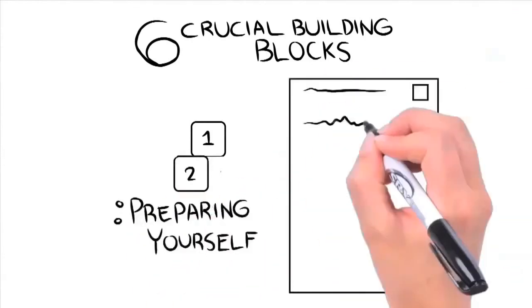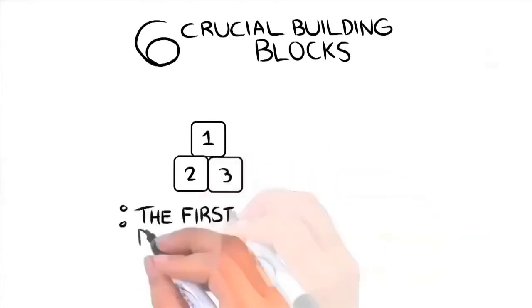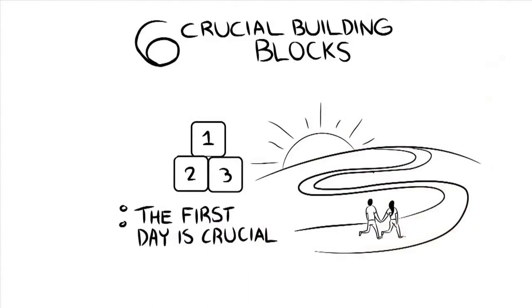Building block number 2 shows exactly everything you need to prepare for well in advance of actually starting the potty training process. Many parents move forward with potty training almost immediately and do so completely unprepared. After you read this chapter, you'll be ready for everything potty training throws at you and have an unshakable confidence that this is it, the day your child is out of diapers for good. Building block number 3 discusses how the first day of potty training is the most crucial and how it sets the tone of the following 2 days to come. I take you